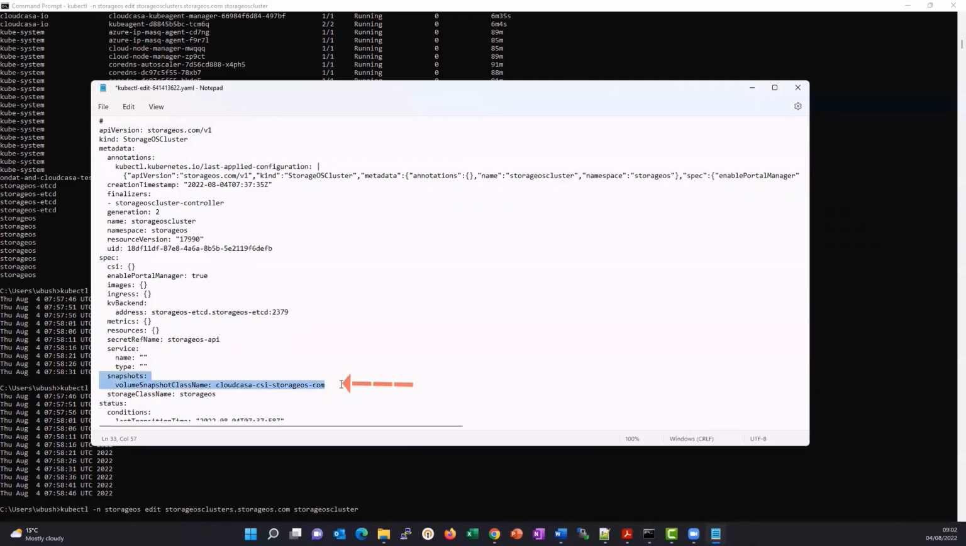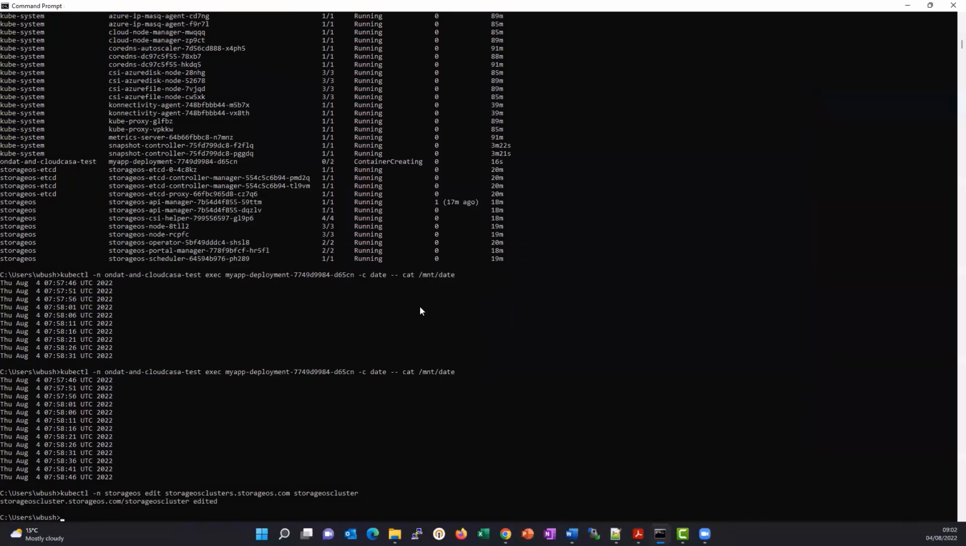So you can see here that has been added. If we select save, that will then be saved within here. If we exit the file, we can see in here our storageos.com cluster has been edited successfully. So this will prompt the Ondat operator to create a volume snapshot class named